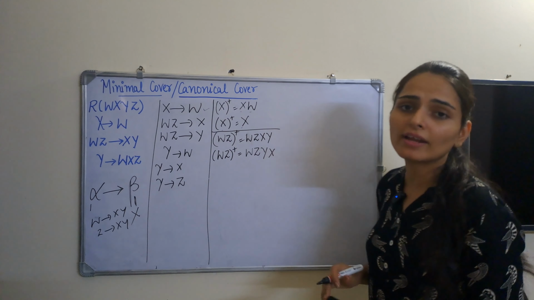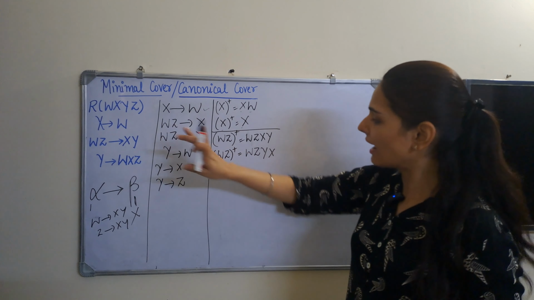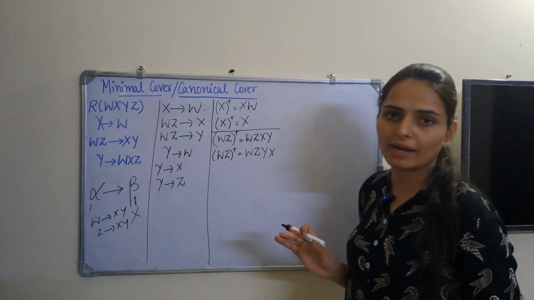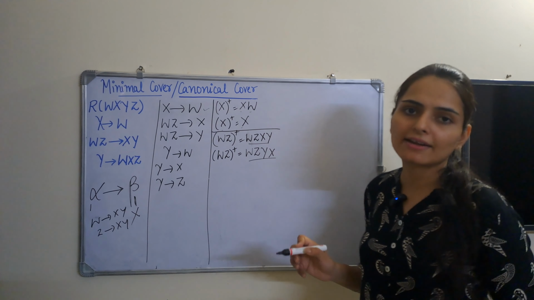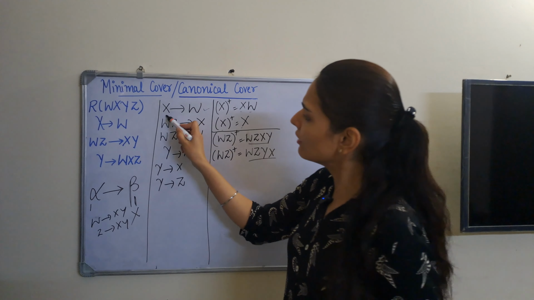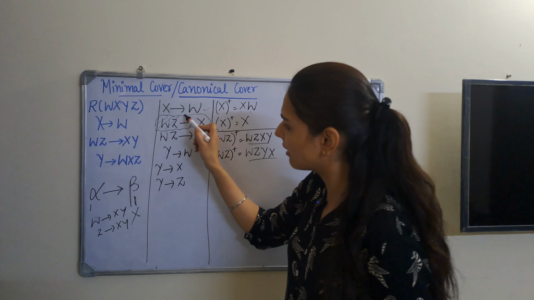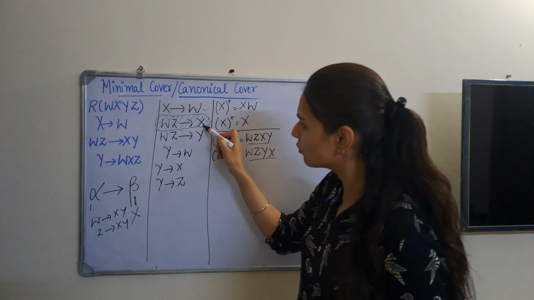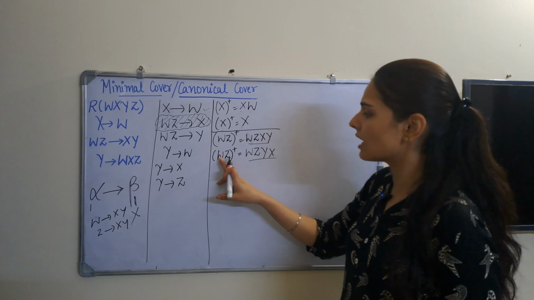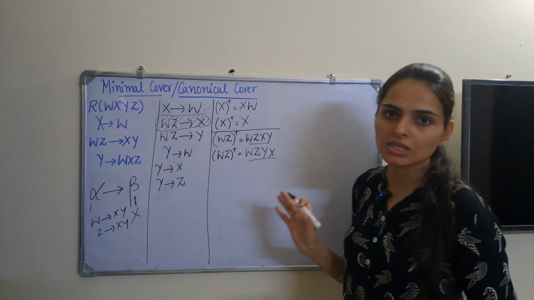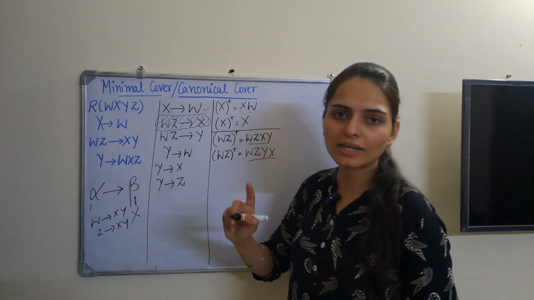Now over here we can see that if we keep this functional dependency and if we do not keep this functional dependency, in both the cases we could find all these attributes. That means even if we remove this functional dependency, basically this functional dependency is redundant. So even if we remove it, it is not going to make any difference. Anyways, our wz will find all the attributes, right?